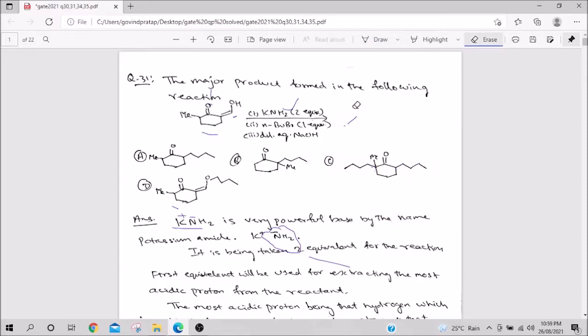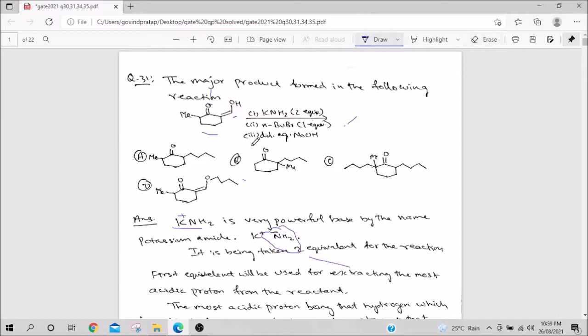Then let us look at D. Now, in D what has happened is you can see you have a negative charge which we had got, remember alpha was removed and you have a negative charge on oxygen. Oxygen will never attack butyl bromide if carbon is having the negative charge, because oxygen can stabilize negative charge. So, very clearly D is also removed.